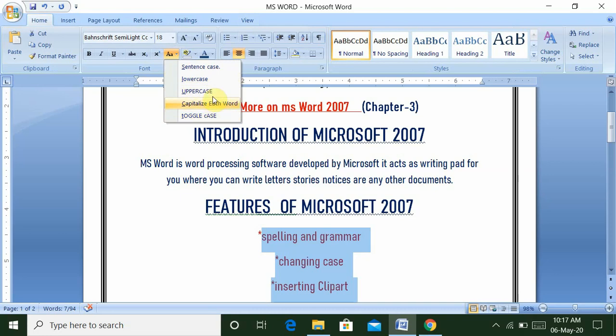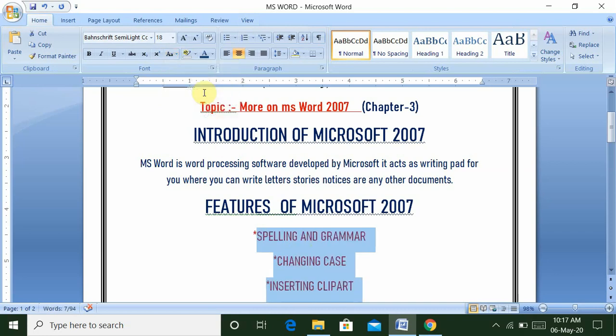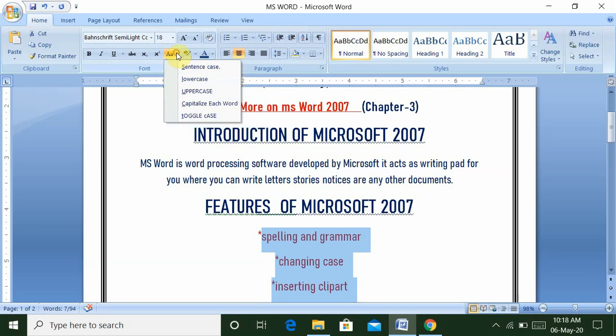You can select it. If you want to select the upper case, then look, these are in small letters. You select upper case, then these change to upper case. If you want lower case, then select lower case. If you select capitalize each word, each word of the sentence is capitalized.